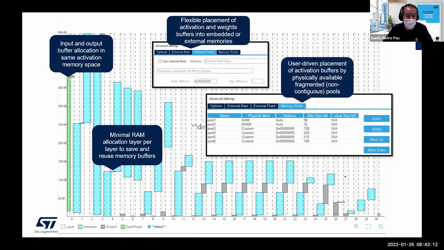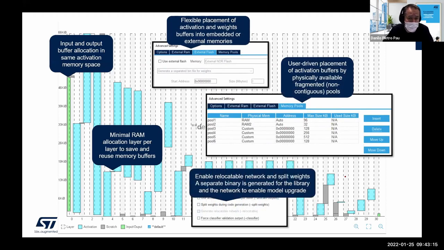inference pipeline. But there are also other things that need to be considered. For example, don't expect that a microcontroller has a homogeneous address space. The address space can be fragmented in pools, which are not consecutive in the memory space. So if I'm not able to manage them properly, clearly I'm wasting the capability to use those buffers. And therefore, I miss the opportunity to fit those parts of the pipeline, which means I'm missing the opportunity to deploy properly some solutions that maybe are accurate, but are not obvious to deploy.